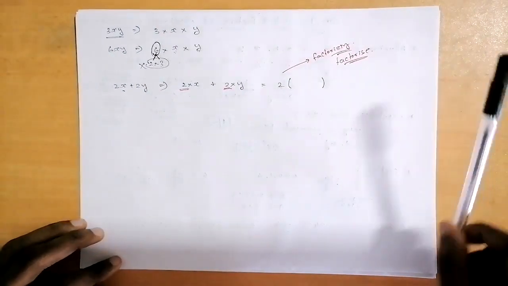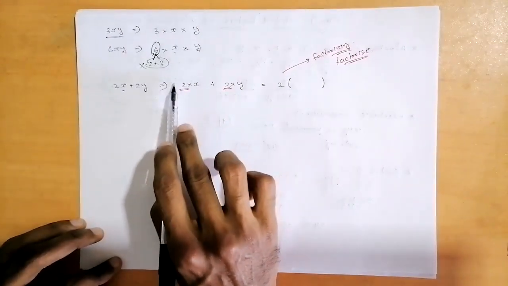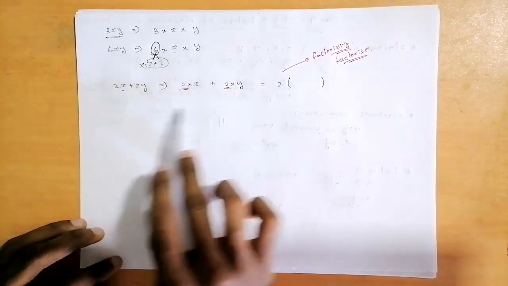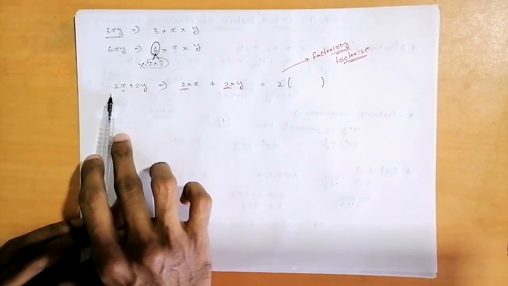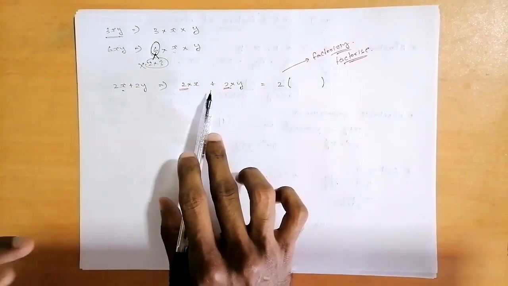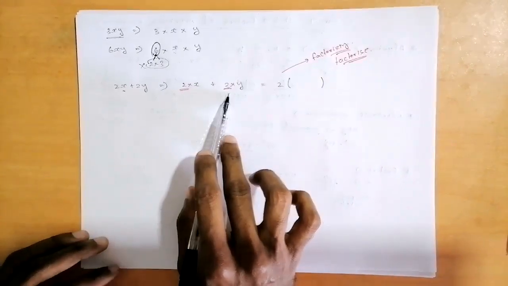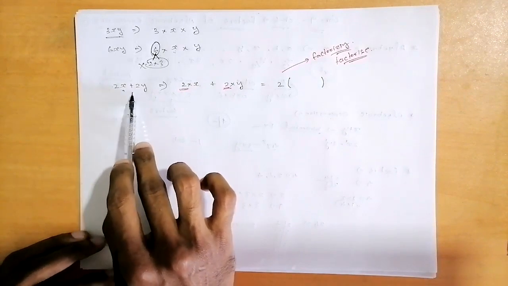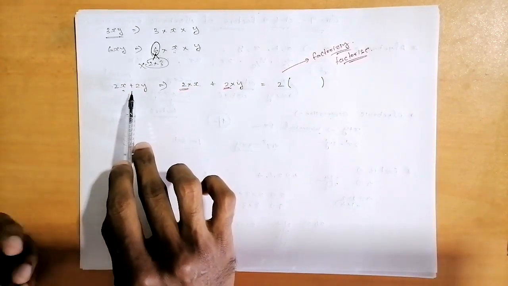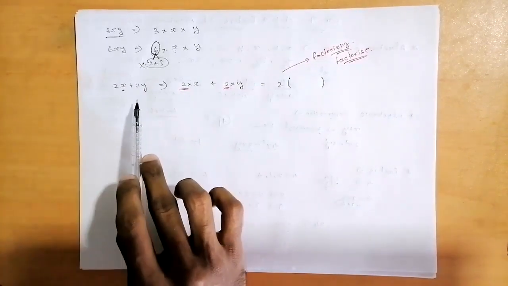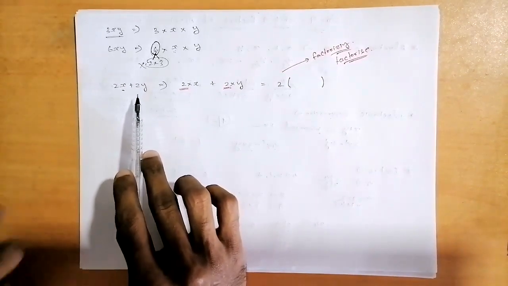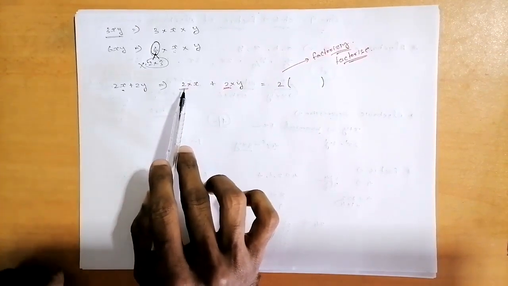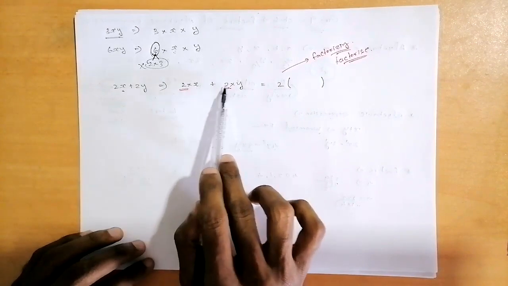Factorize means what we did: we looked at how 2x is and how 2y is, and how this whole expression is formed. How the 2x plus 2y, the algebraic expression, is formed. How do we check how the expression is formed? We write it with individual terms. So 2 into x, 2 into y.